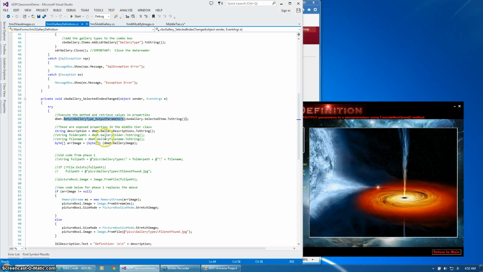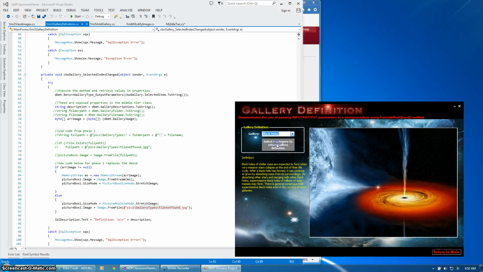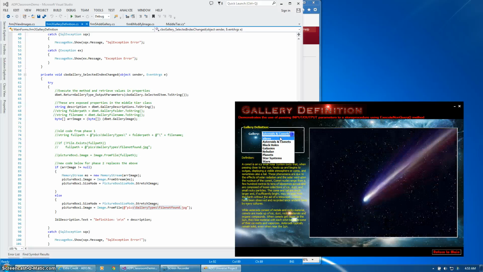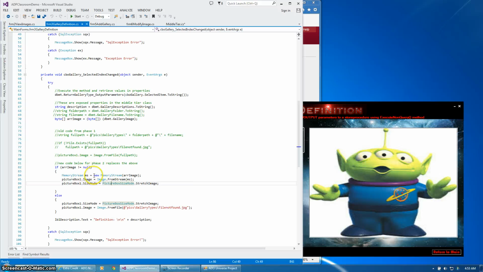So once I expose it, I can grab the information from the exposed property, dump it into a byte array here, and then if it's null, then don't do anything. We're going to add a default found not found. I guess we have it all filled out. So if it didn't, it would pick that up. Otherwise, we're just taking the memory stream from the byte array, dumping it into the memory stream, and then loading it into our image property so that we can pull it from the stream and loading it into our picture